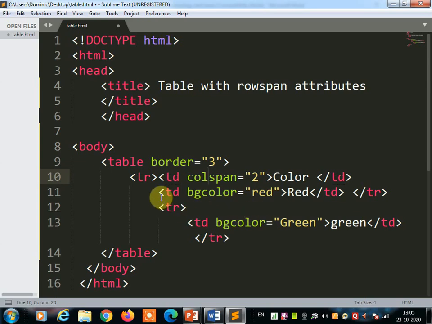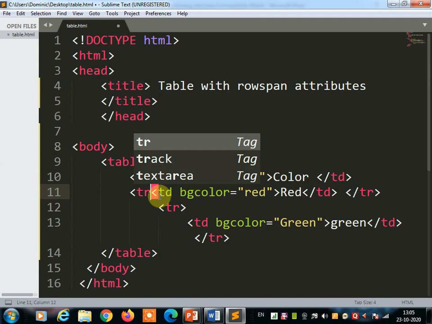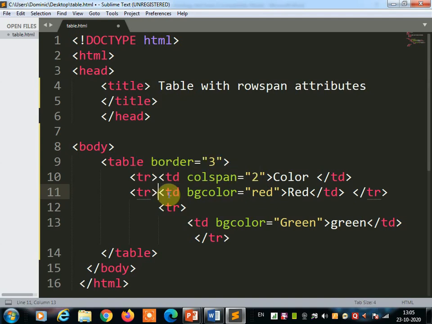Here you are going to use the tr tag, tr, td bgcolor equal red and td, and then don't close the tr tag over here. Again you can write td bgcolor equal green, and then close the tr tag.